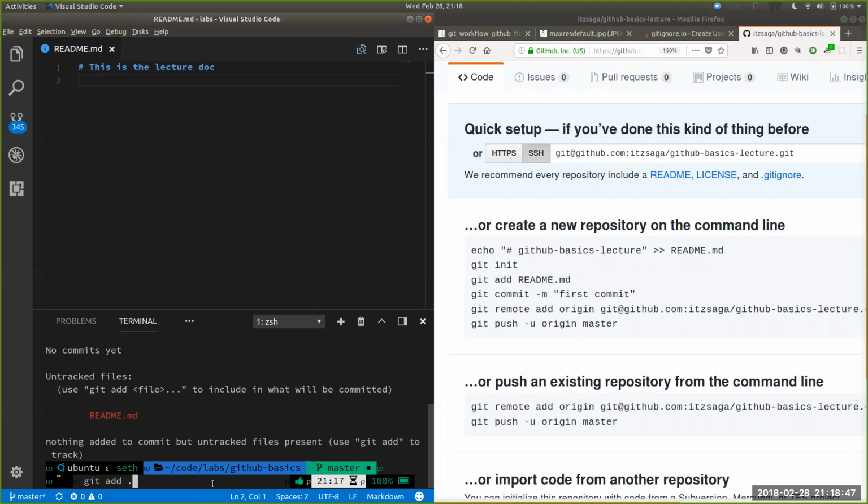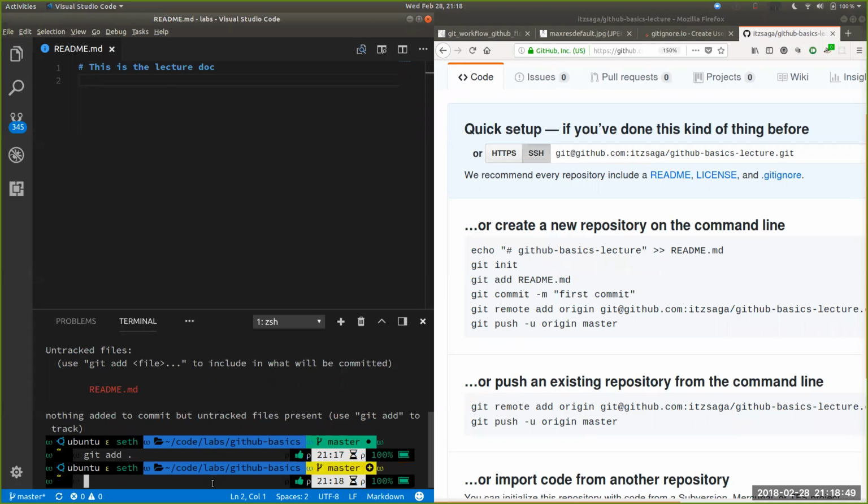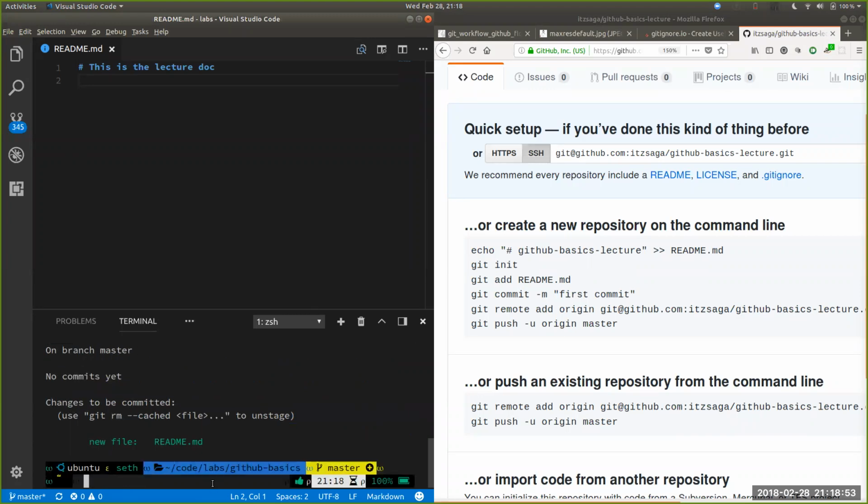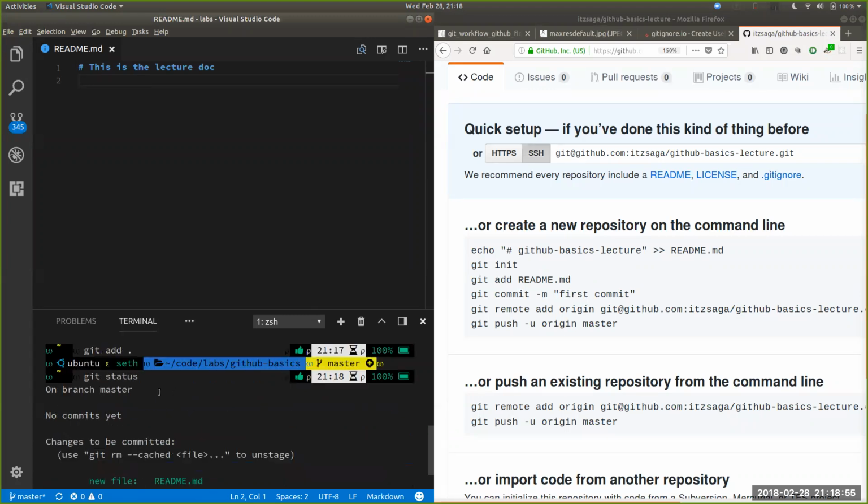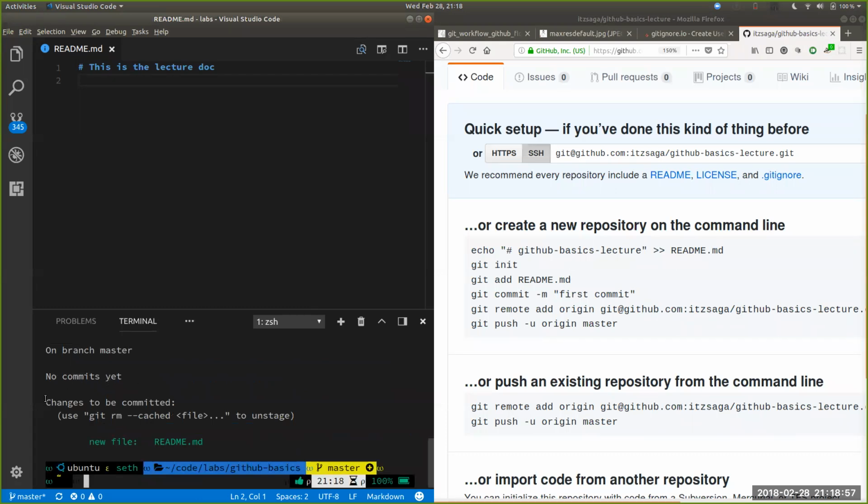So I add, and now if we do git status, we see some of the same things. On branch master, no commits yet, changes to be committed. And it says use git remove --cached file to unstage. So that would be if we wanted to go back and unadd this file. But now we want to commit. So commit is,